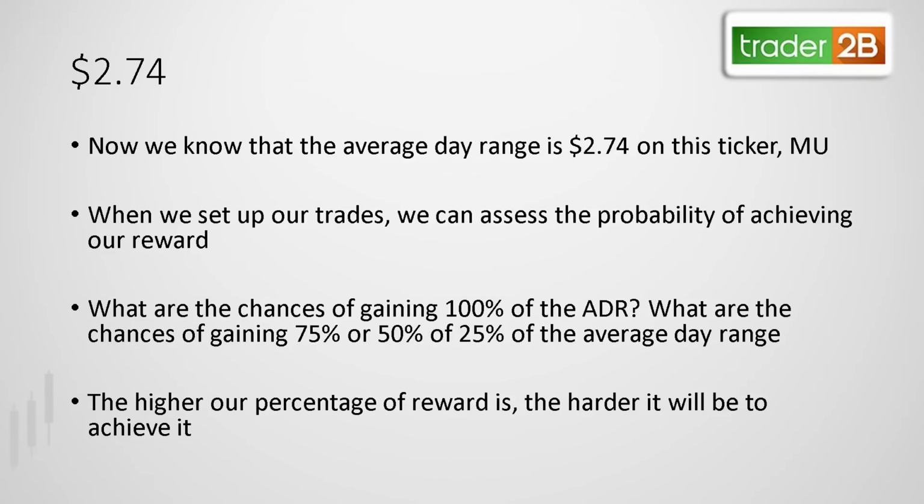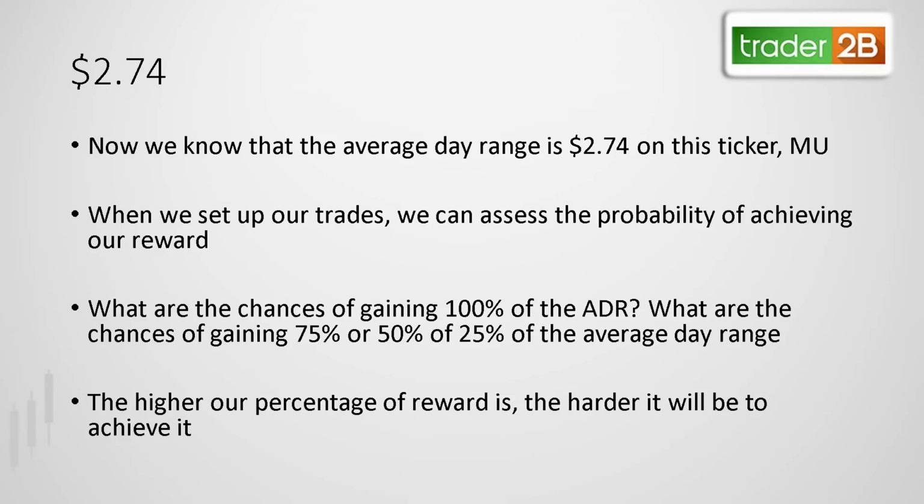If we're trying to achieve 50% of that, it's going to be much less difficult. Anything below 50 is less difficult to achieve. Anything above 50% is more difficult to achieve. But as we can see here, anything around 50%, we're still looking at over a $1 change in price for